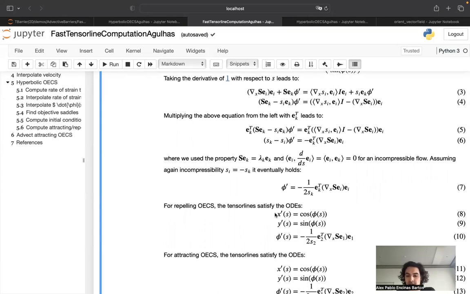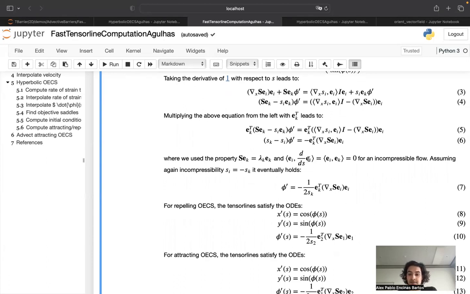And you parameterize the evolution of these components simply through this ODE. And then, of course, you also need to parameterize the evolution of the angle. The evolution of the angle is specified by this form here, where one of the simplifications that we used is